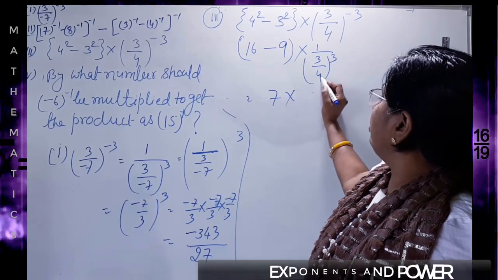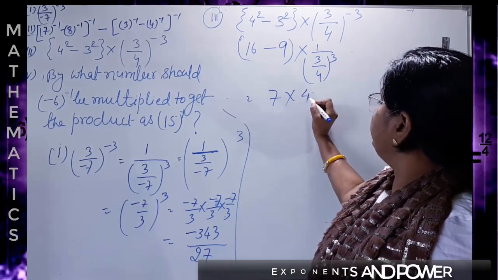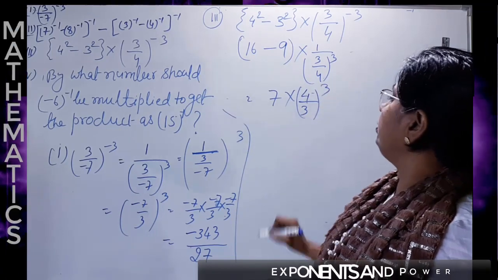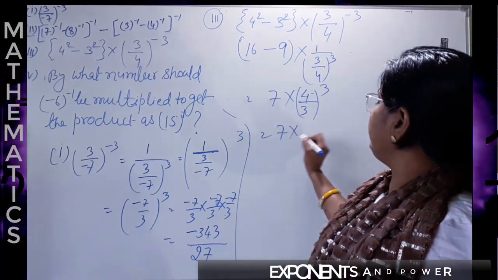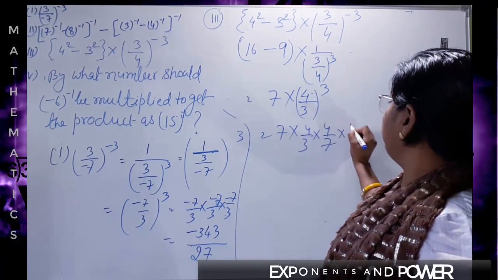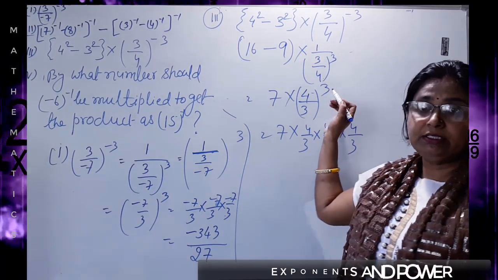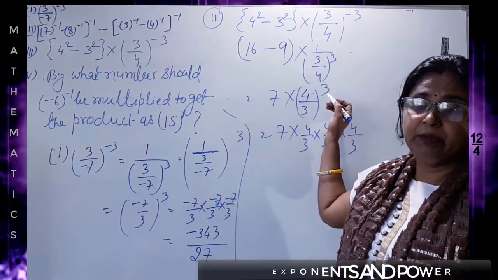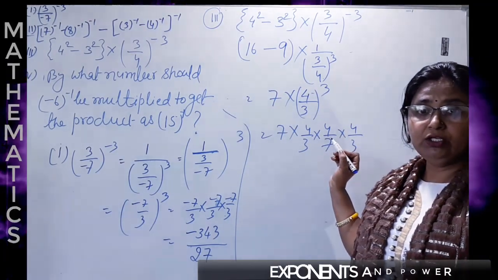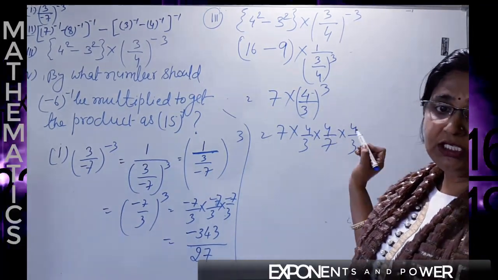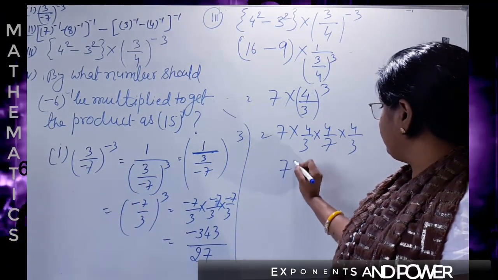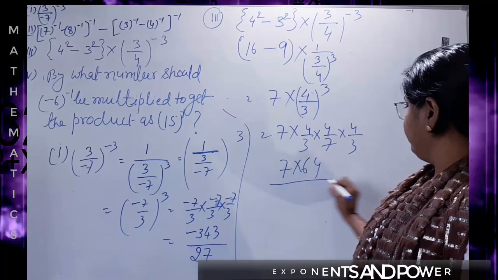7 into, now 4 is up, numerator by denominator whole to the power 3, is equal to 7 into 4 by 3 into 4 by 3 into 4 by 3. Power is 3, so 3 times multiplication. Now multiplication of all: 7 into, 4 fours are 16, 16 fours are 64. So 7 into 64 divided by